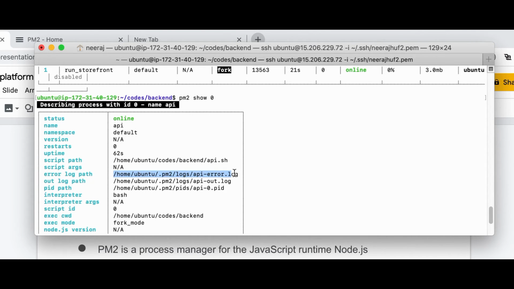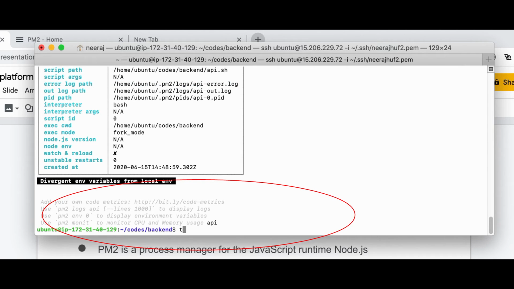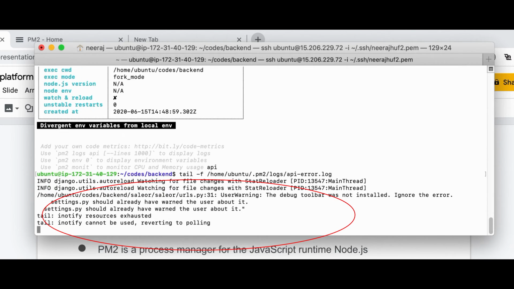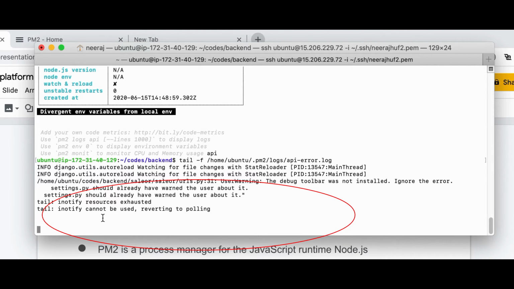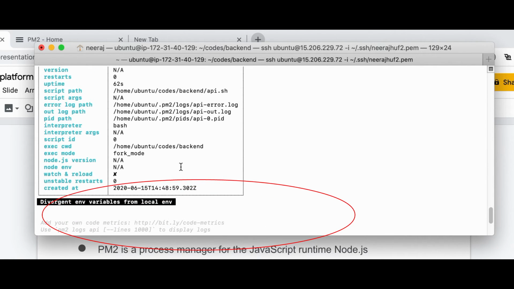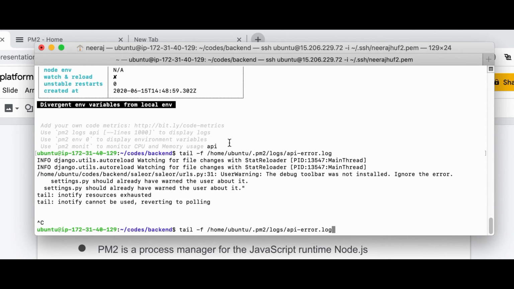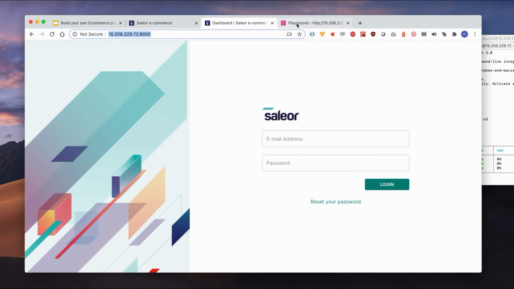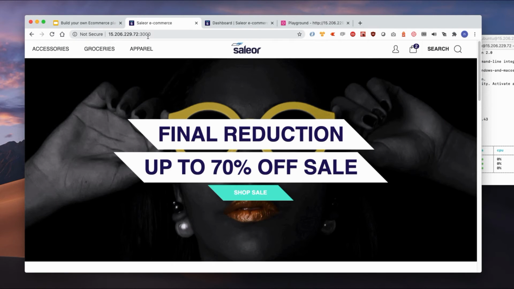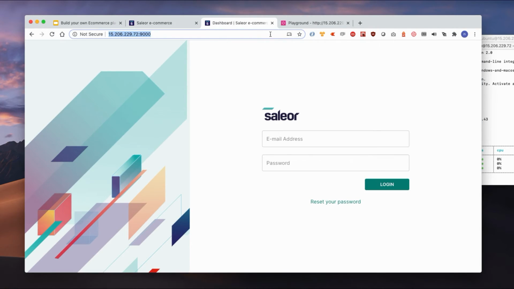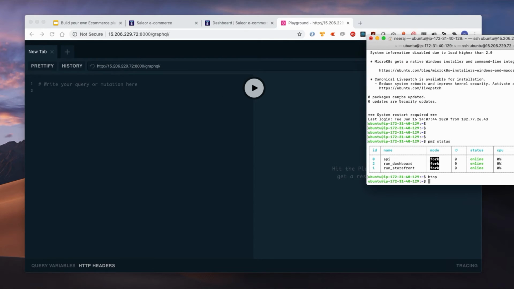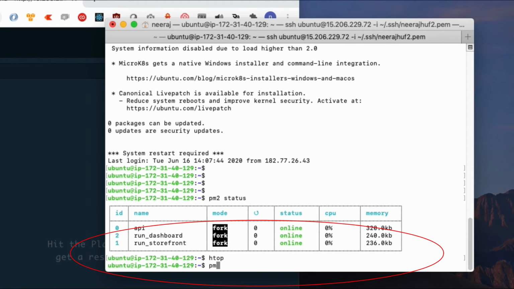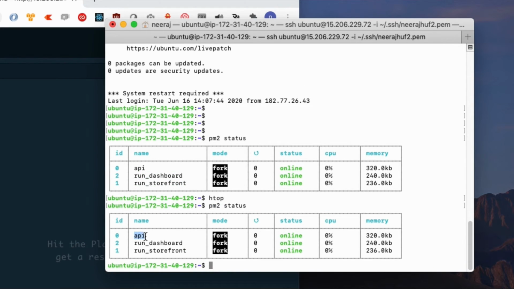So I can simply check, is there any error? No. I can check the output. As you can see, all three components, Saleor e-commerce, Saleor dashboard, and Saleor Core, are running via my PM2 process manager. I can see all are online.